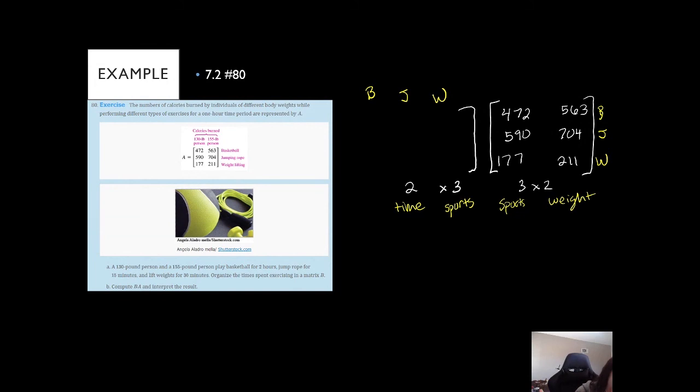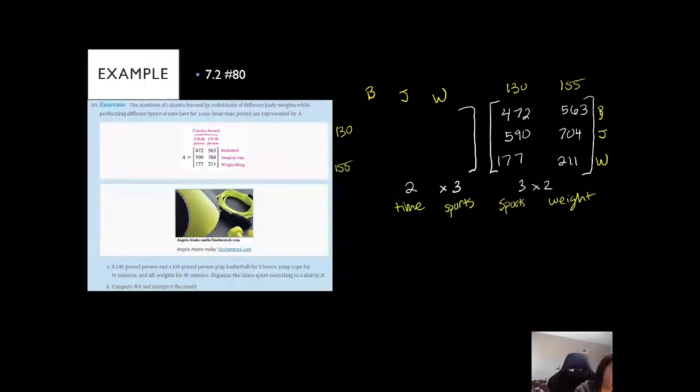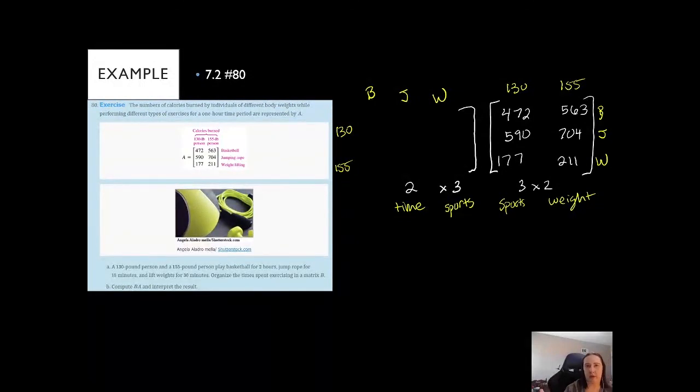So 100, and I also want to make sure that I'm in the same order here. So this is the 130 pound, this is the 155. So I want to make sure that I'm using that same order when I'm doing my rows. So I'm just putting labels there to help me create the matrix of the right size that we're looking for. So for the 130 pound person,